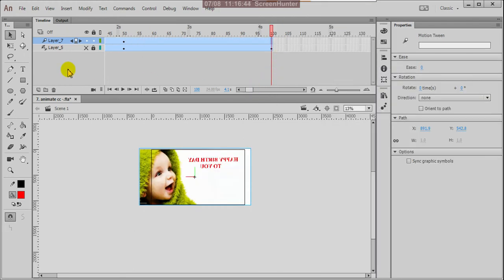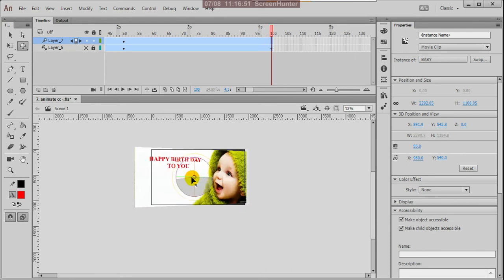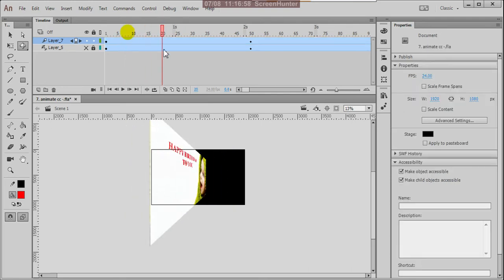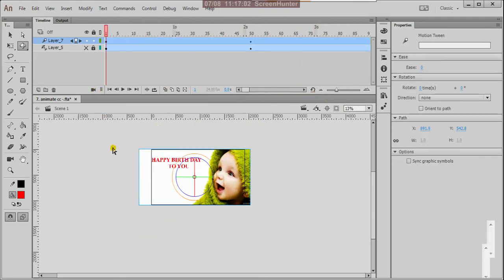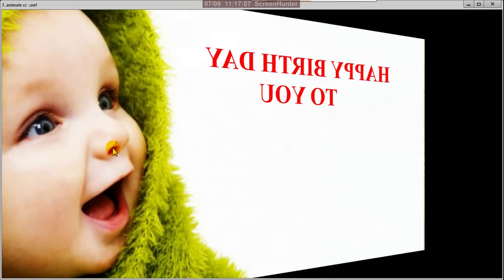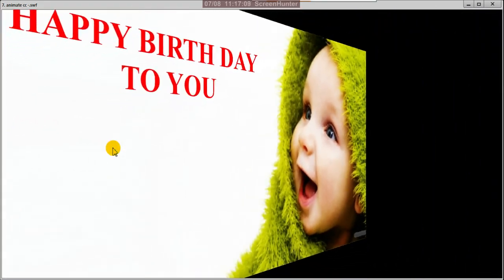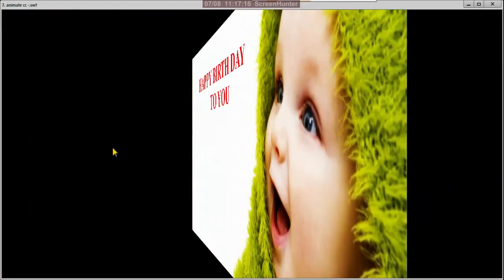And with this 3D rotation tool here, we can apply in the reverse direction. Good. Now let us check what will happen. Excellent. So control enter. Now you can find this so beautifully. Happy birthday to you is swinging in front of you.